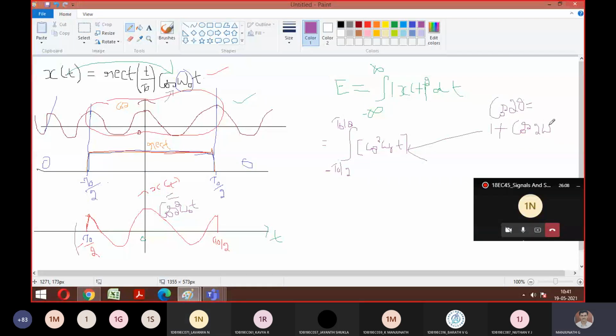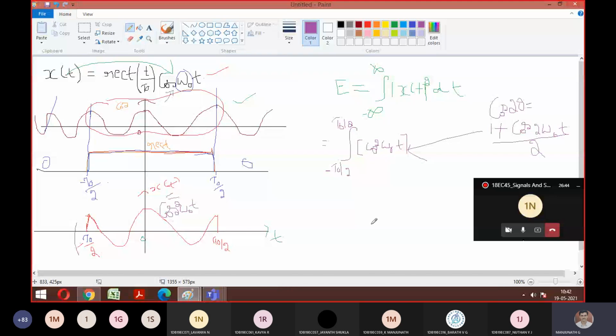Okay, fine. So now listen here. You can solve this problem in two ways. Any constant term doesn't change. Look here. If I take x of t as only cos, because of the whole square, I am going to get cos square omega naught t. Correct? Is it okay, everyone?